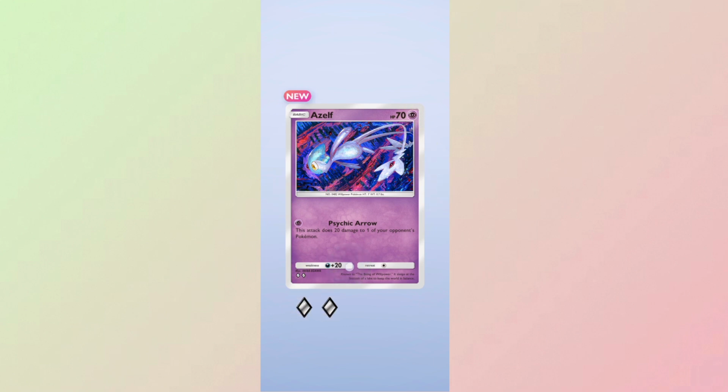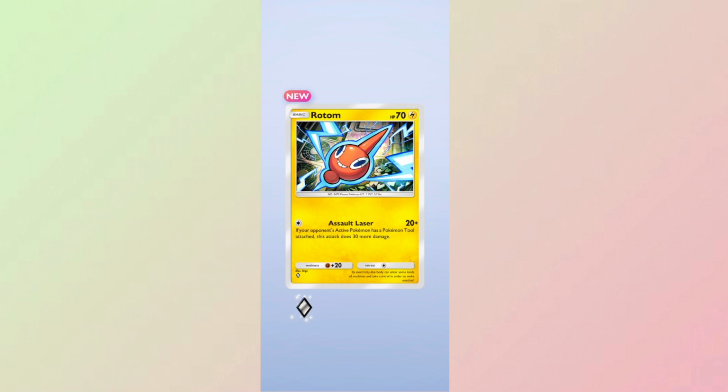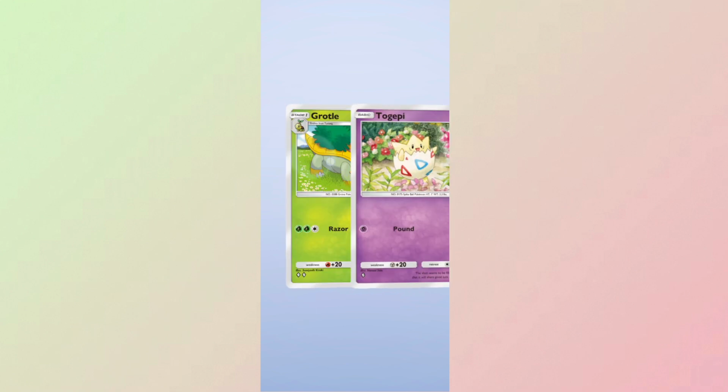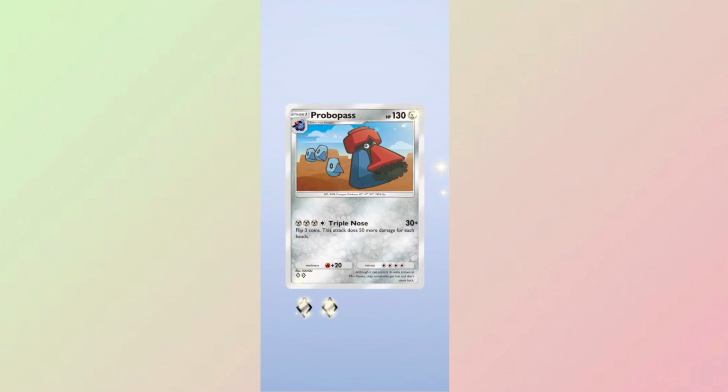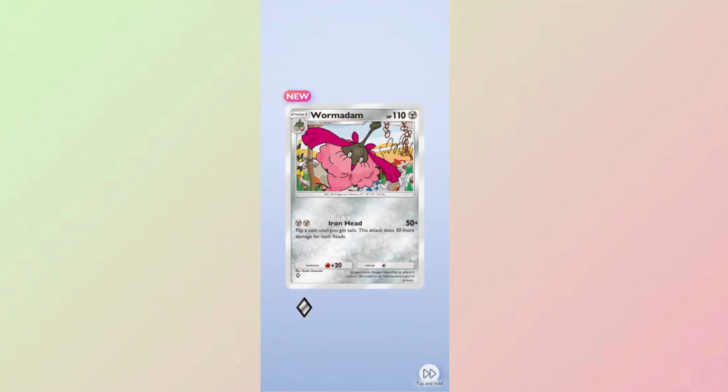Okay, Porygon again. Azelf. Okay, so Uxie attaches 1 energy to the other guys. This thing does 20 damage. Another Rotom. Grotle. I want to see what Azelf does. Show me Azelf, please. Ooh, so there are other Wormadam forms. It's not just one. Flip a coin until you get...